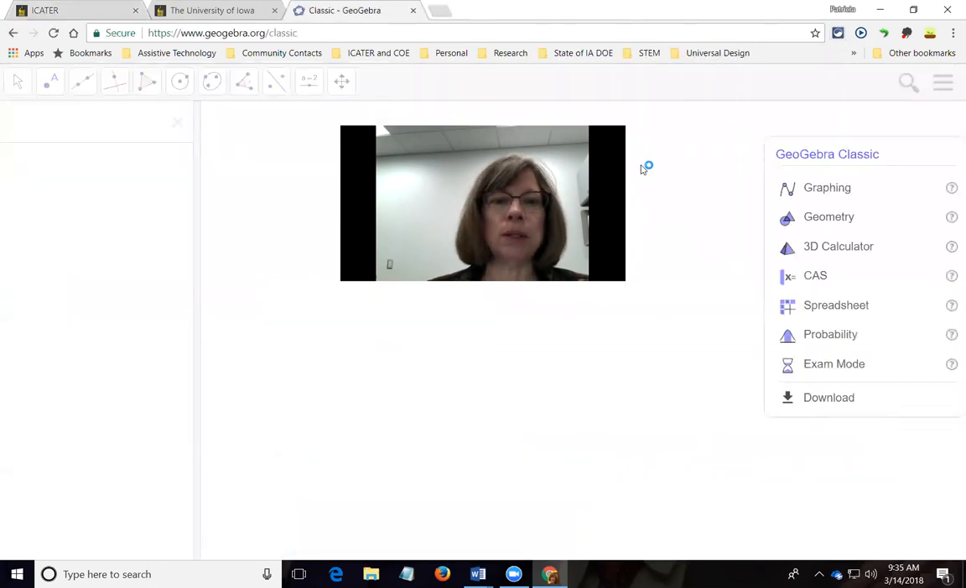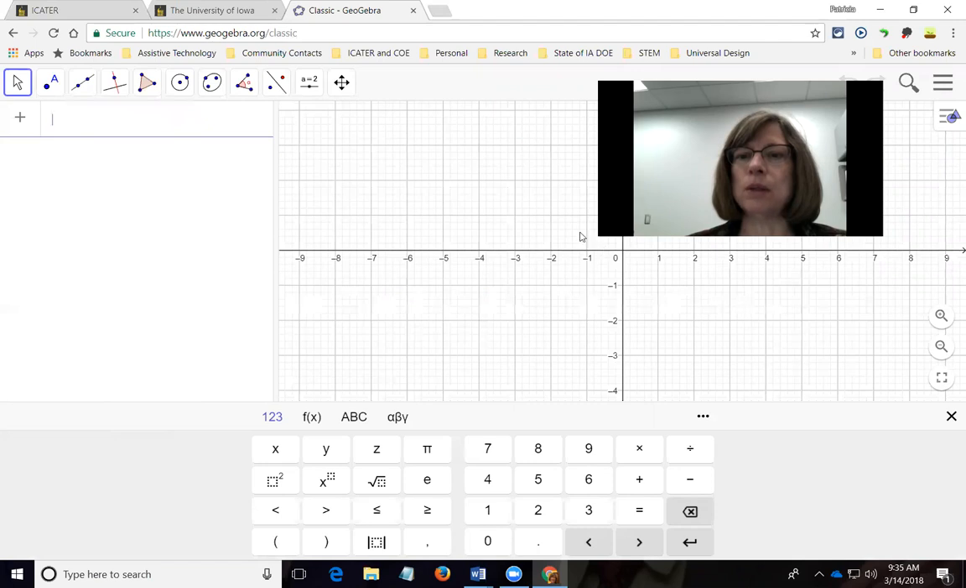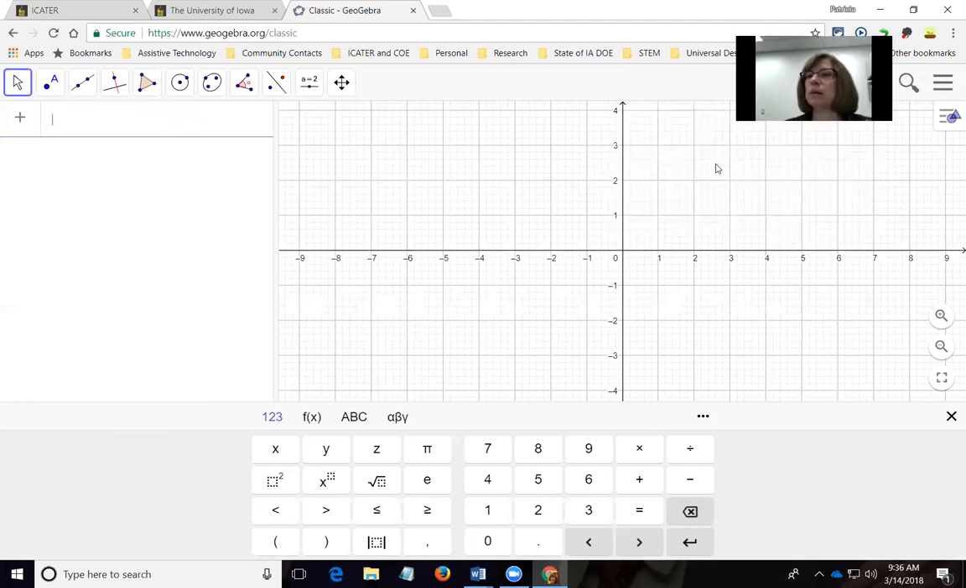I'm going to make myself just a little bit smaller and move me out of the way a little bit so that we can see our graph paper. I think GeoGebra is just a really neat way to show students in real time about points, numbers on a line, and how those relate to